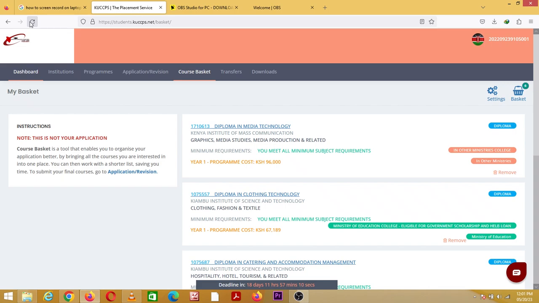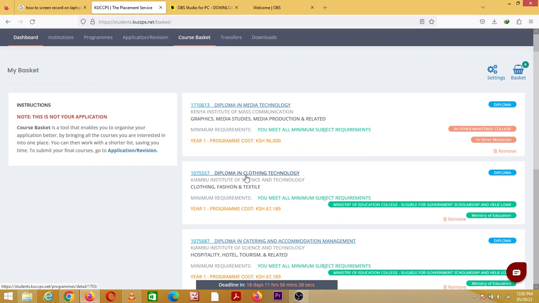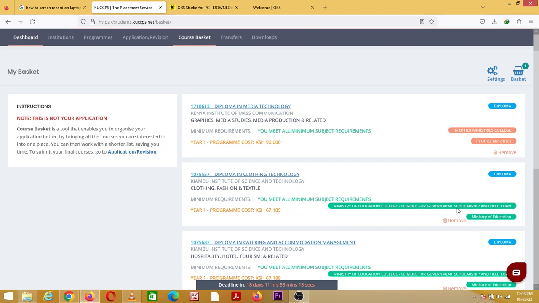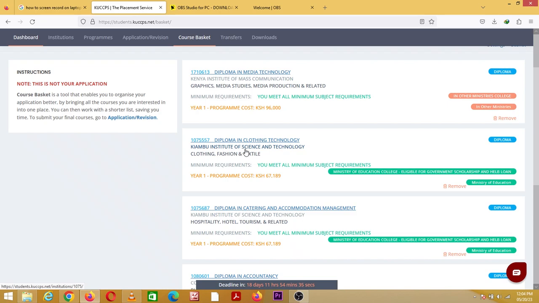And then you go to that specific area, you look at the courses being offered in that particular area, and then you narrow down to a program, see the institutions that are offering it. You have the cost for each institution, and then you select. You add it to your cost basket. Once you have clicked on add to the cost basket, all the courses that you do that to will appear here, so you can see. Under this cost basket,